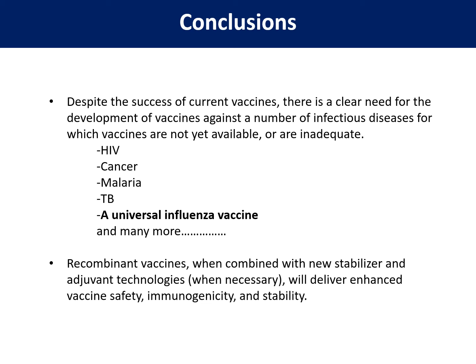And basically, recombinant vaccines, when combined with new stabilizer and adjuvant technologies, will deliver enhanced vaccine safety, immunogenicity, and stability. After all, what we want to develop is a safe and highly potent vaccine which can confer adequate protection against the targeted pathogen. With that,